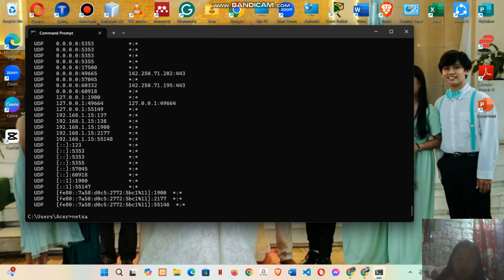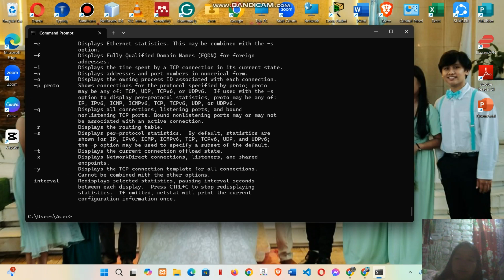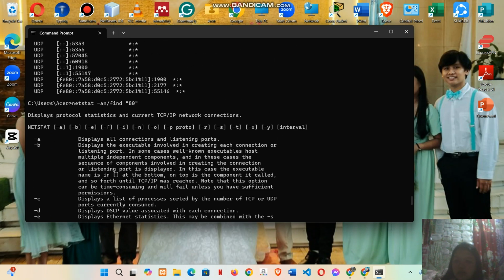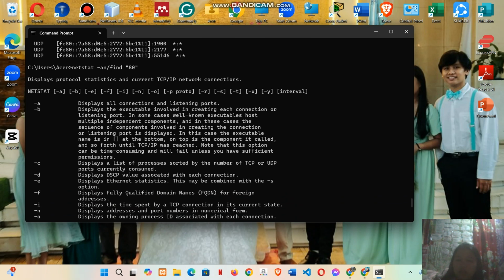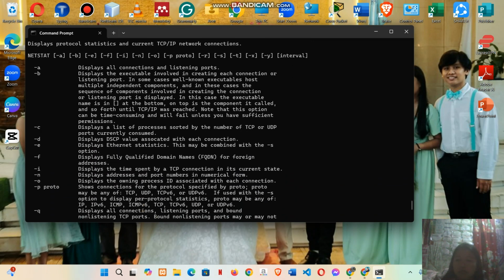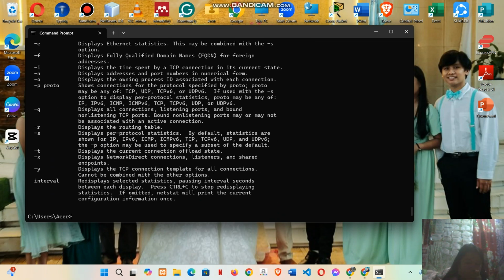Netstat, find, for example, just for example.